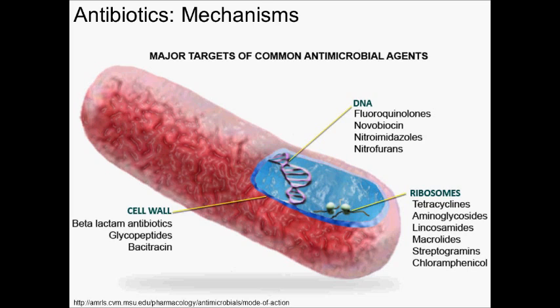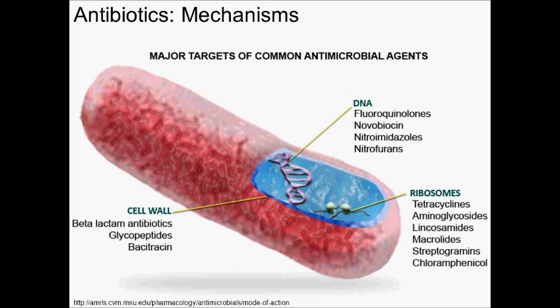That is also the mechanism of action of tetracyclines, which is what we're going to be focusing on a lot in this lecture. Tetracyclines bind to the ribosomes and prevent them from making proteins. If a cell cannot make proteins, then it cannot grow. And so tetracyclines prevent the growth of